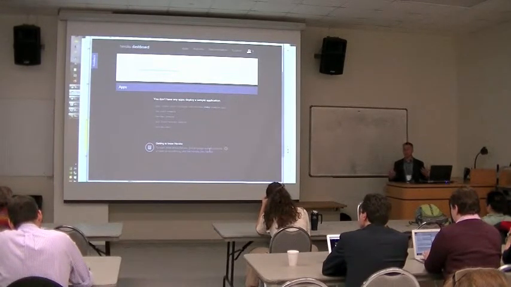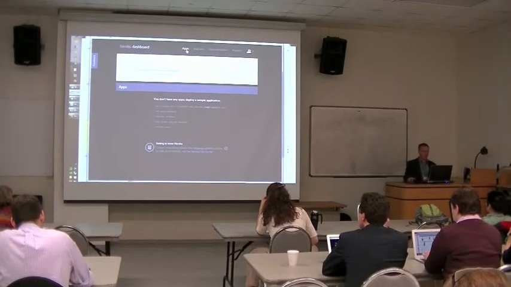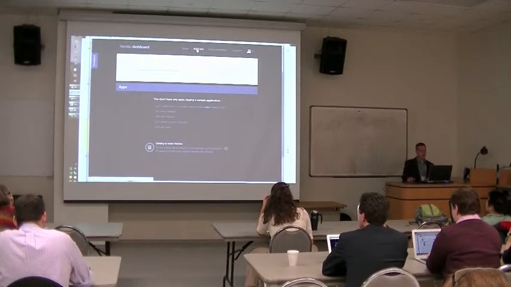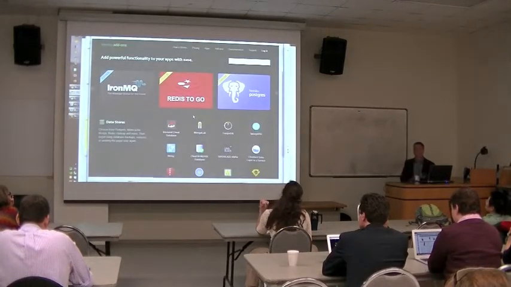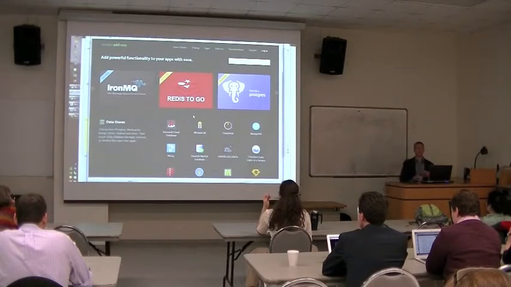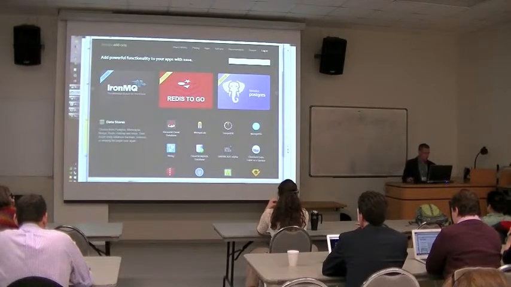Most of those can be connected through point and click, and you can see your apps. That stuff goes under add-ons. If you click under add-ons, you can see a huge gallery of things that you can get. Almost everything in Heroku has a free tier, so almost everything in here you can use at least some of for free. At least for something like undergraduate projects, that should not be a problem.